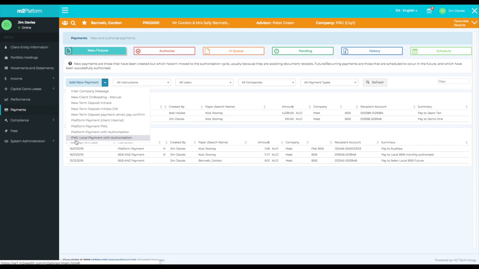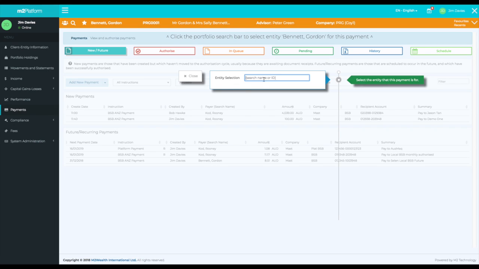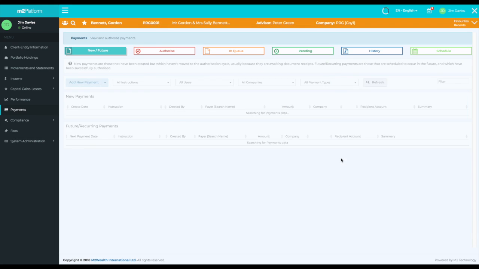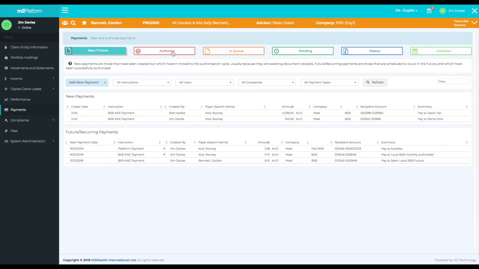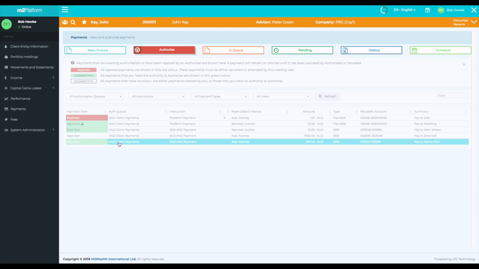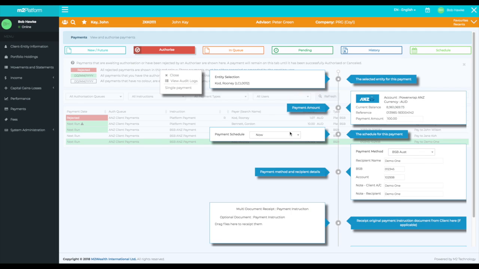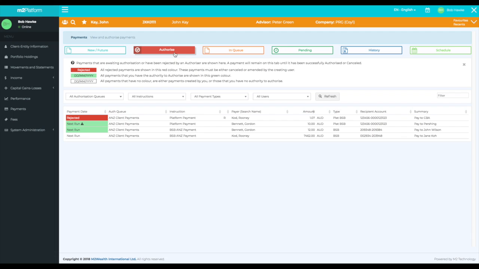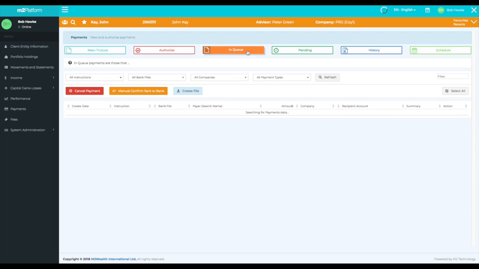In this example, I will create a local BSB payment, due today, with the following details. Once I submit this payment, the authorizer will receive a to-do to authorize this payment instruction. To authorize the payment instruction, the authorizer will need to navigate to the Authorize tab, select the instruction, and click Authorize. The payment instruction will move from the Authorize tab to the In-Queue tab, ready for the payments dispatch team